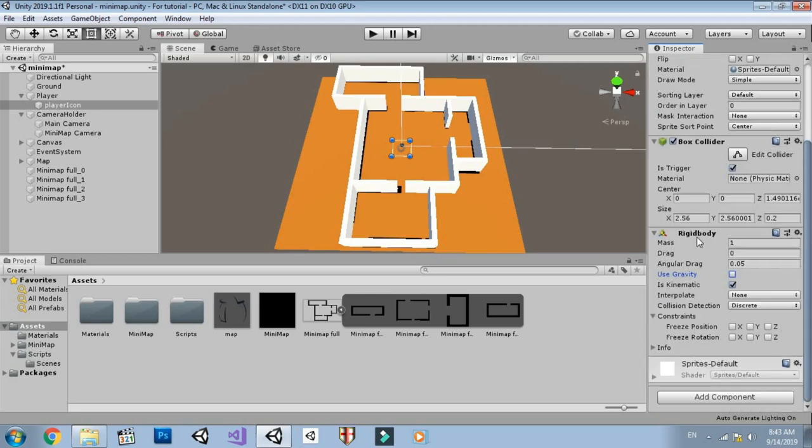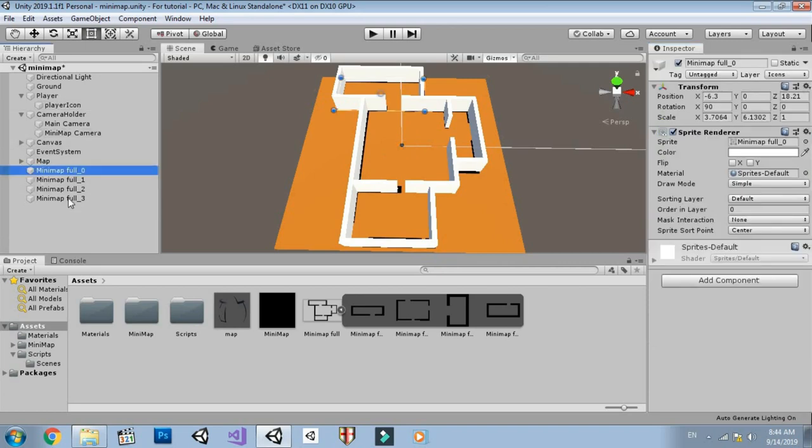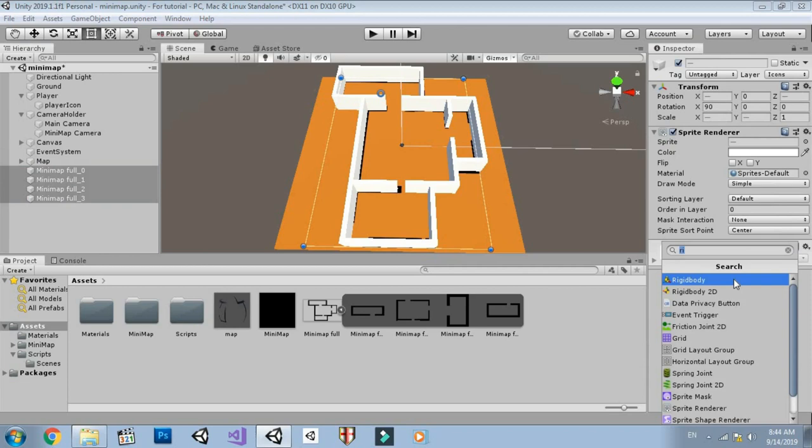And the reason why we use a rigidbody is because we will have to access OnTriggerEnter in the script, and it doesn't work without a rigidbody. Also, the player icon is a collider that moves around the map, and whenever you have a collider that doesn't stay in its place for the whole game, you will always have to make it a rigidbody, otherwise it will cause some performance issues. And of course we will add a collider to the other sprites,